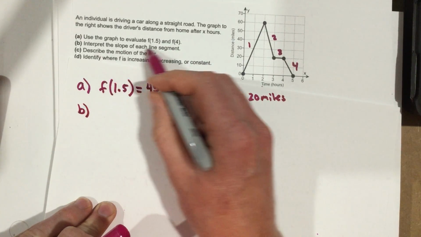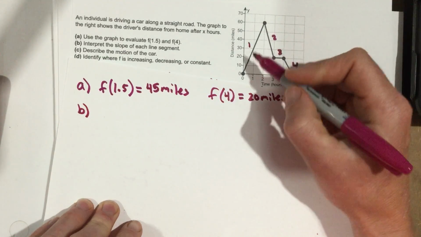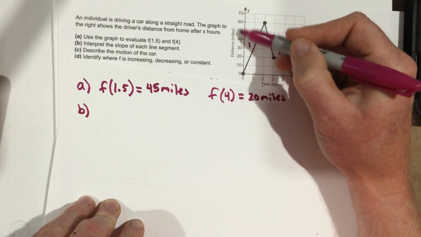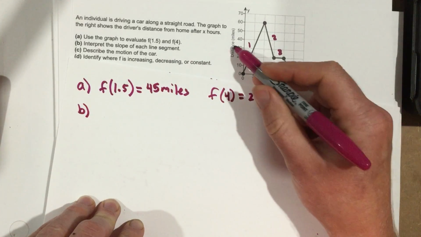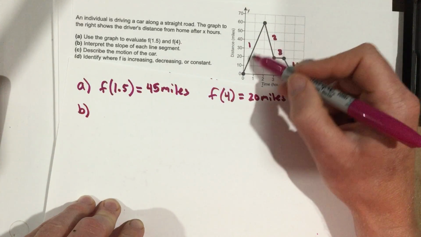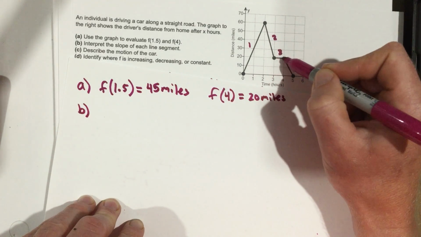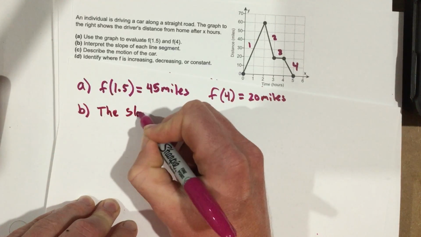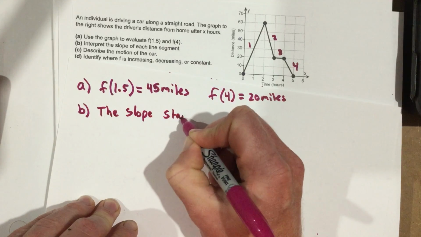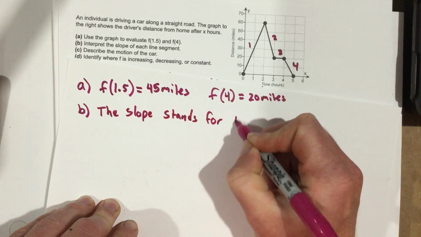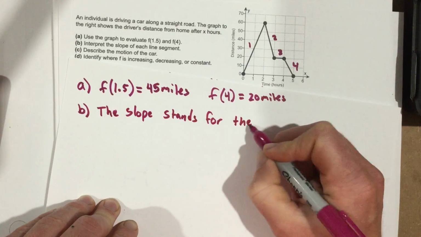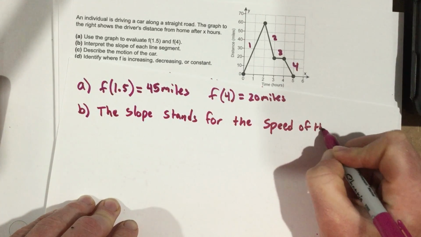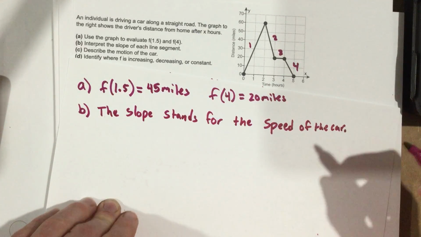Okay, part B, it says interpret the slope of each line segment. Well, if we were to find this slope, we would take the rise, which would be the distance, divided by the time. Well, what's distance over time? That's a velocity, right? So these slopes here stand for the velocity of the car. We'll say it stands for the speed. We won't say velocity because we don't know the direction of the car, or at least a specific direction. We know away from and to, but